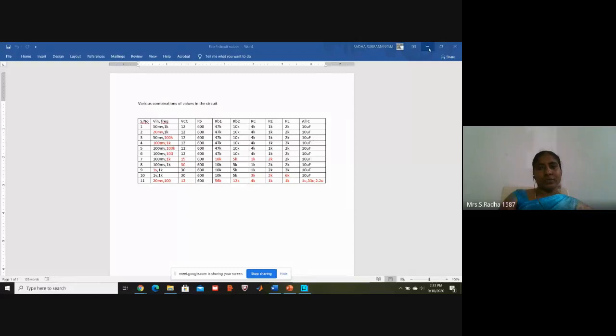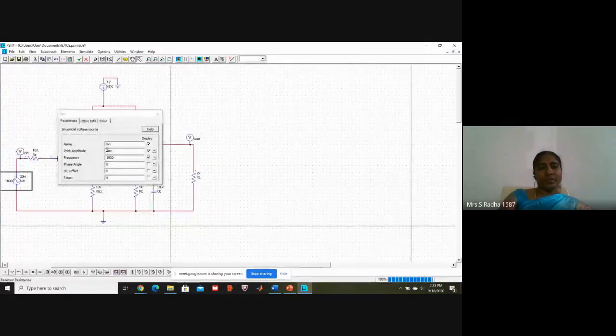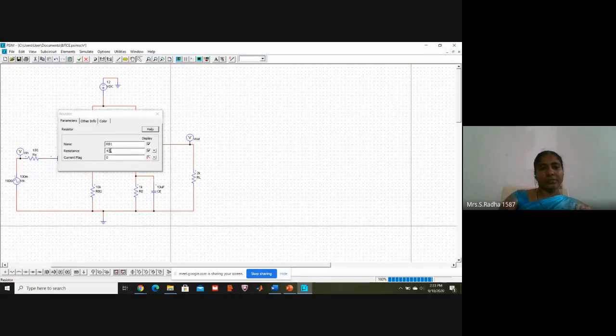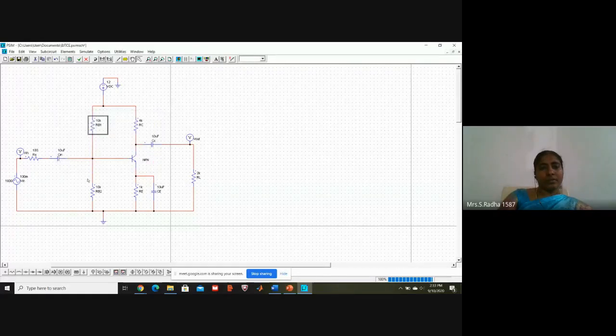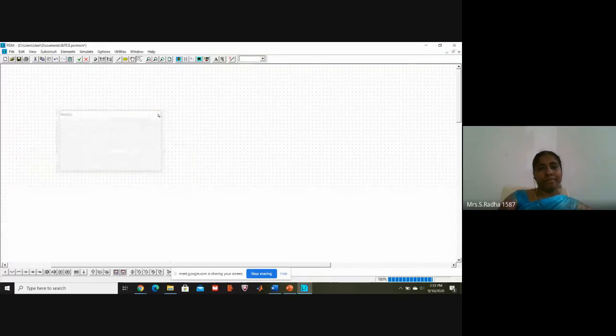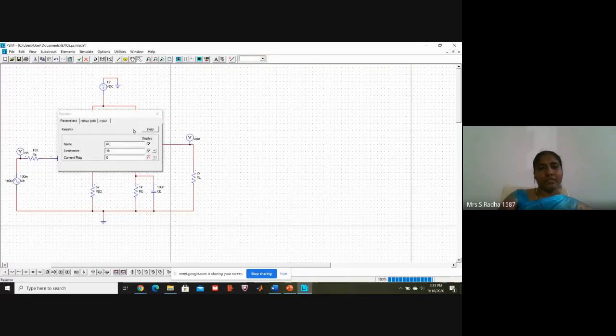These changes I am going to do. Value is 100 millivolts, and 1 kilohertz. This I am going to change 10K. This is 5K. This is 1K.